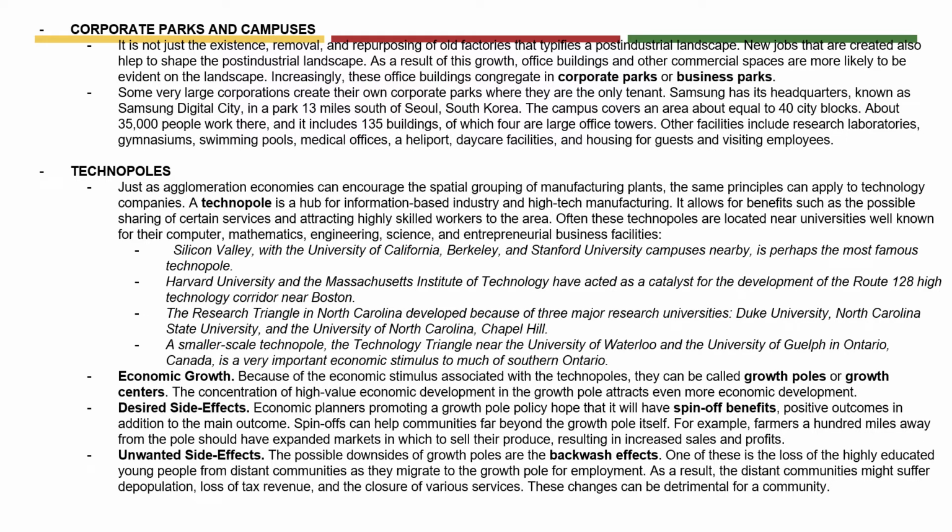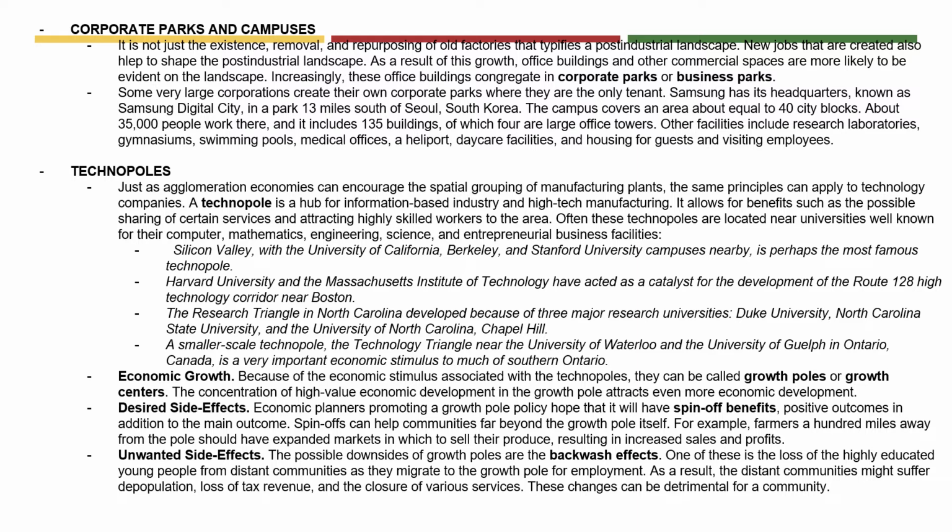Often these technopoles are located near universities well known for their computer, mathematics, engineering, science, and entrepreneurial business facilities. Silicon Valley is really the most famous technopole, and Silicon Valley originated where it did because of its proximity to Stanford University. So it's near Stanford, it's near the University of California, Berkeley, and it's perhaps, again, the